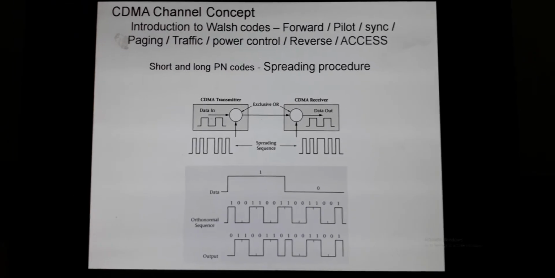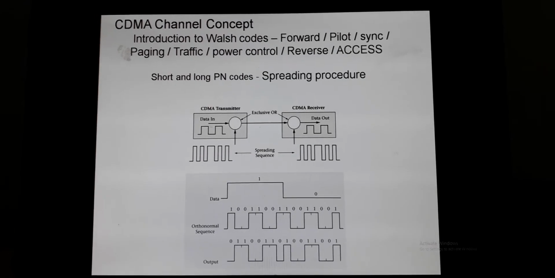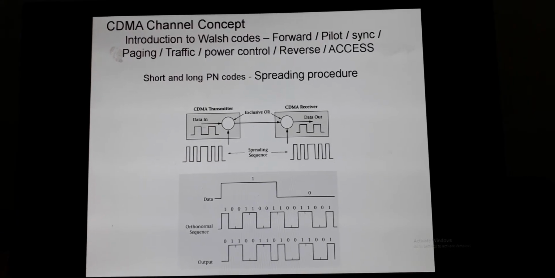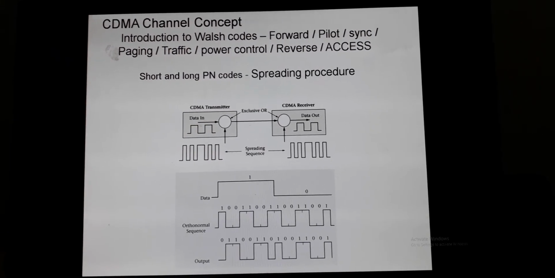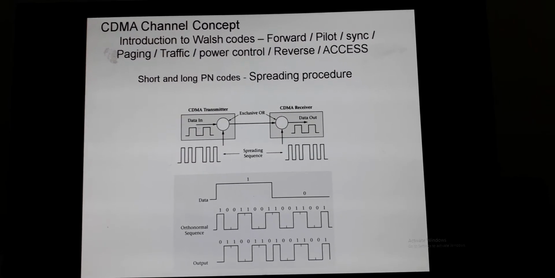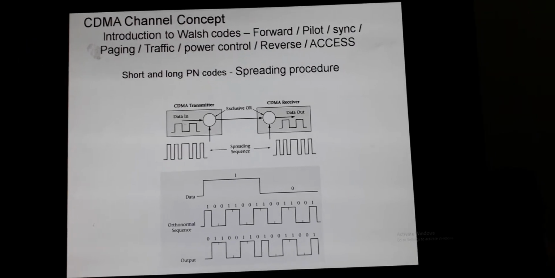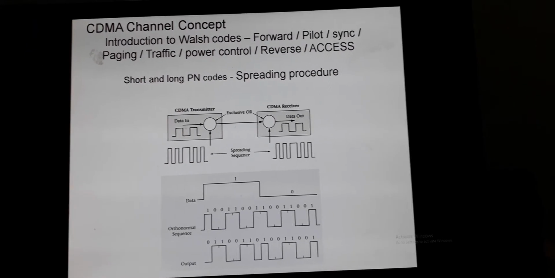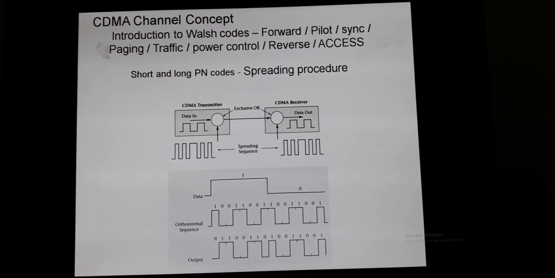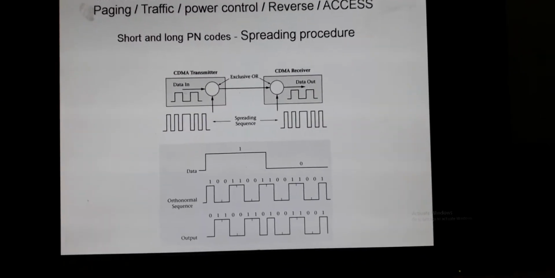In CDMA, the classification of channels is very important. Compared to GSM, there are far fewer channels. There are only 2 channels, forward channel and reverse channel. In the forward channel, there are pilot channels, synchronization channel, paging channels, traffic channels and power control channel. In fact, traffic and power control channels are grouped together. In the reverse channel, there is also a reverse traffic power control channel as well as another category, the reverse access channel. So compared to GSM, there are only 6 channels out of 2 main categories, forward channels and reverse channels.